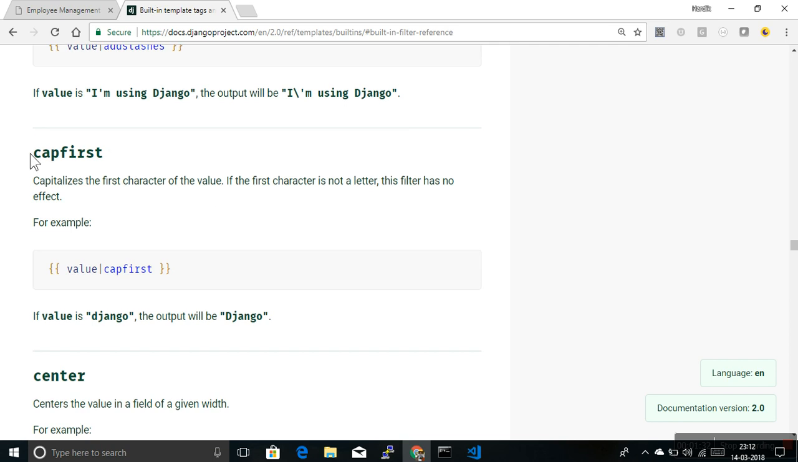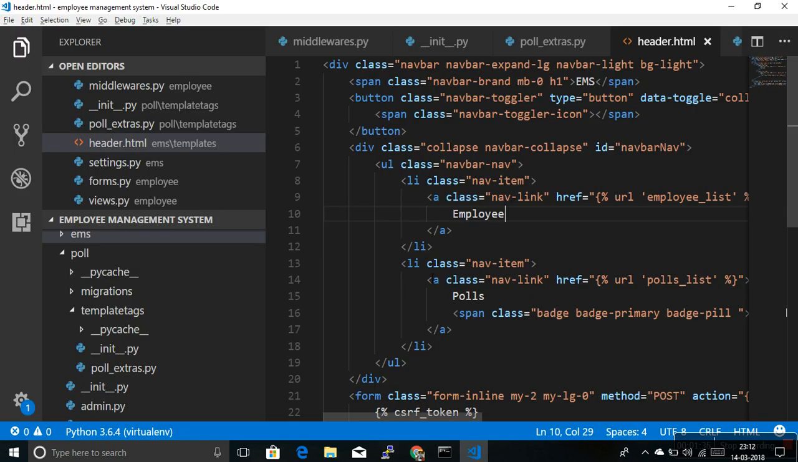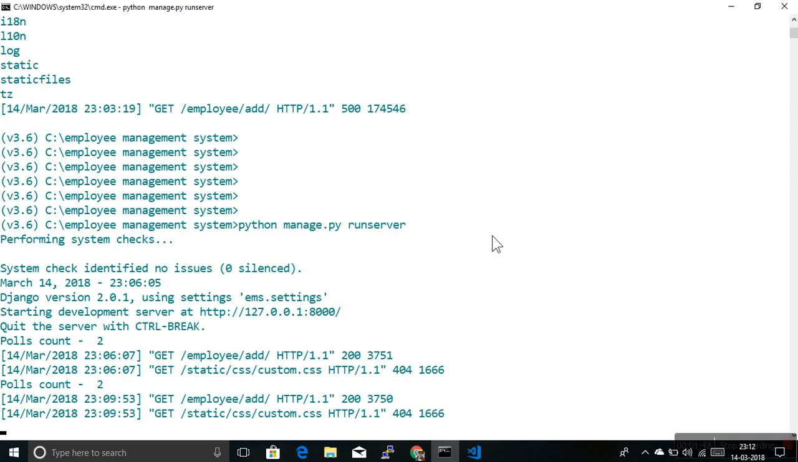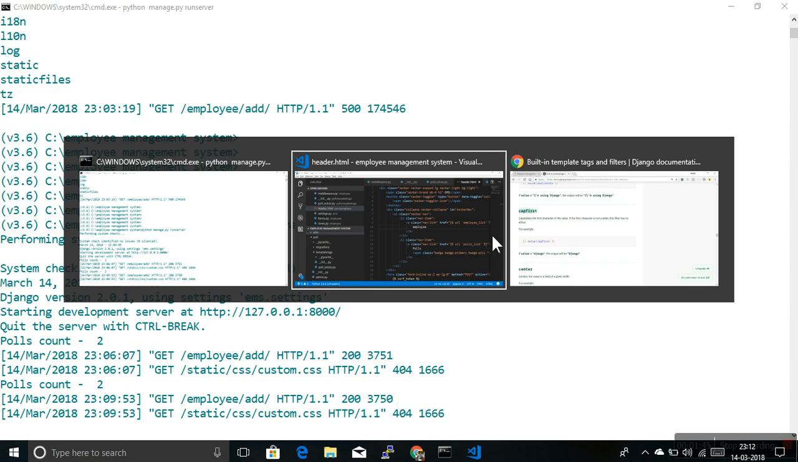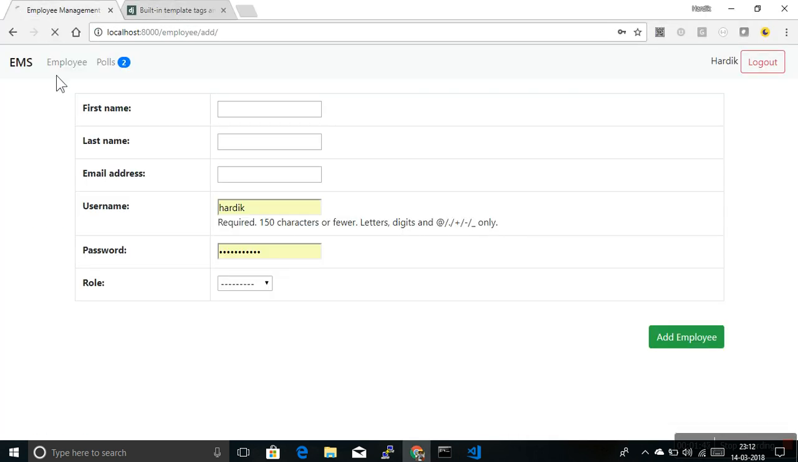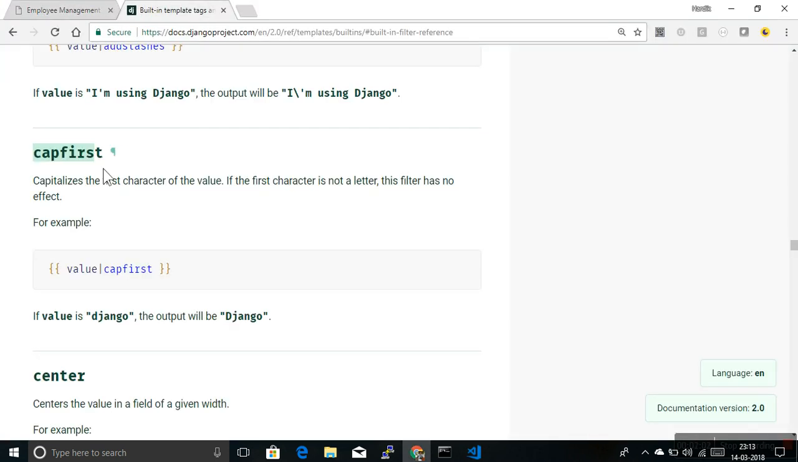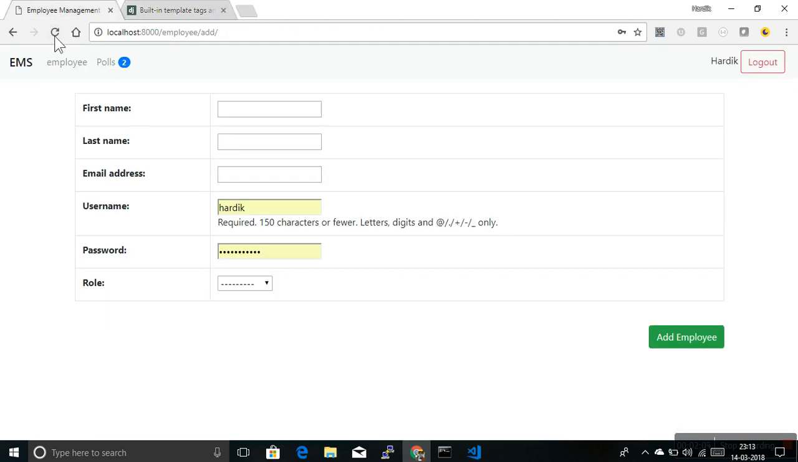So look at this cap first which I just mentioned, right? Let me show you that. If it is a small e, and now if you see the menu, e is small, right? Now if I want the first letter capital by using that filter, what I need to do is just use it like this, cap first, right? And now if I refresh this page,